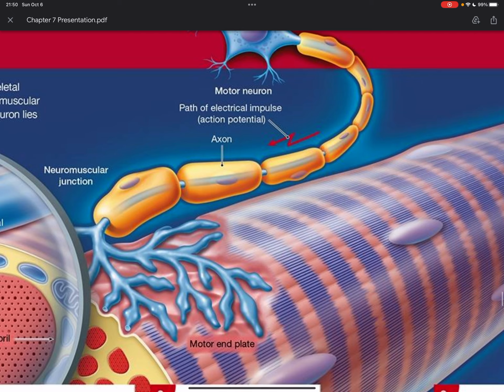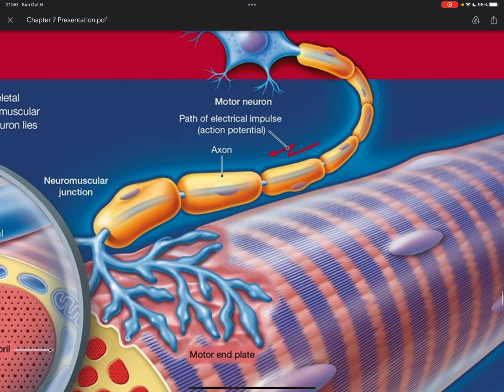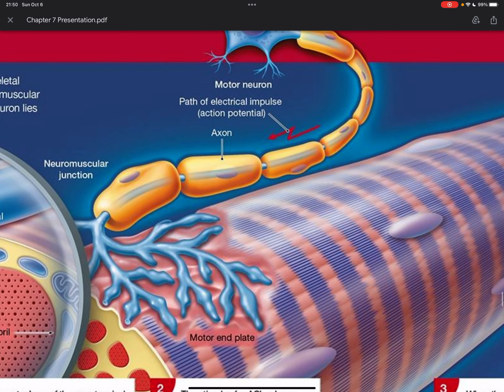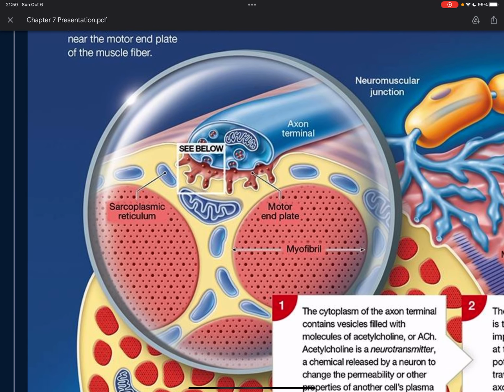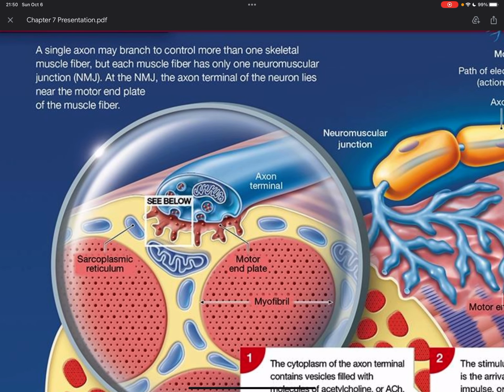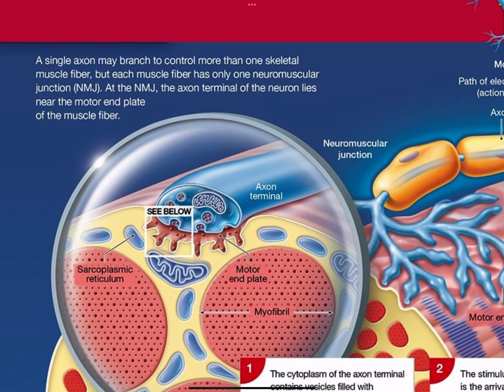So here we have the axon. We have the motor neuron, which is just the path of the electrical impulse. Right here we have the neuromuscular junction. A single axon may branch to control more than one skeletal muscle fiber, but each muscle fiber has only one neuromuscular junction. And at this neuromuscular junction, the axon terminal of the neuron lies near the motor end plate